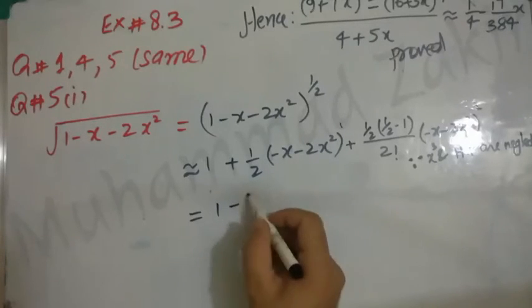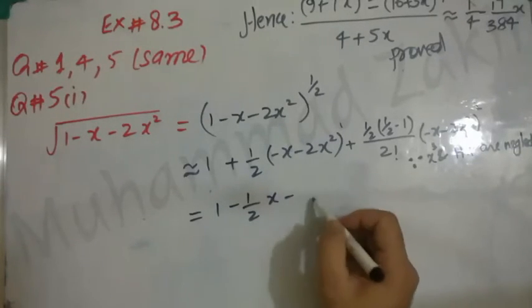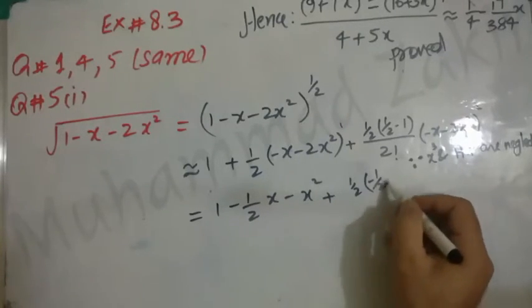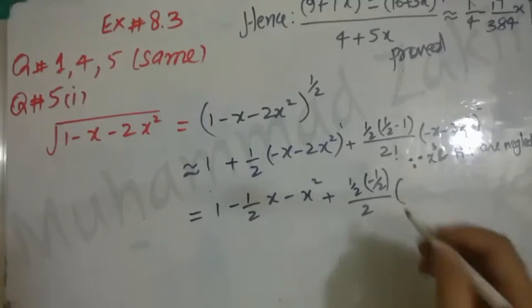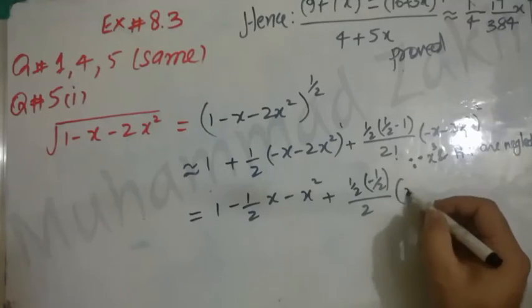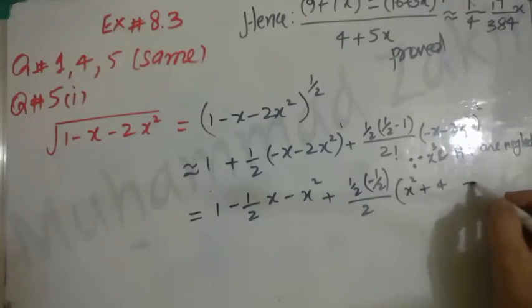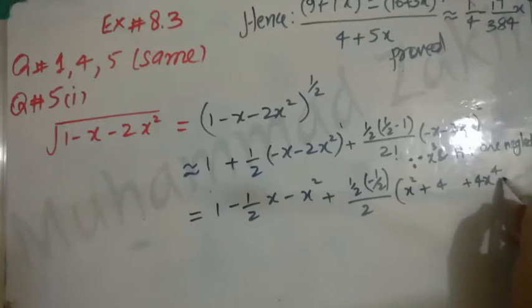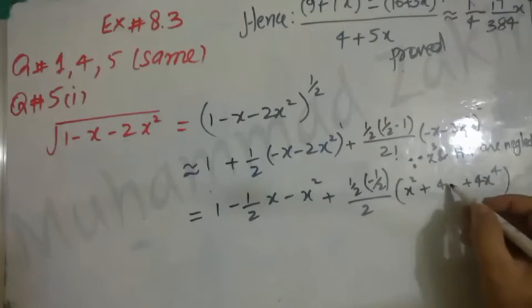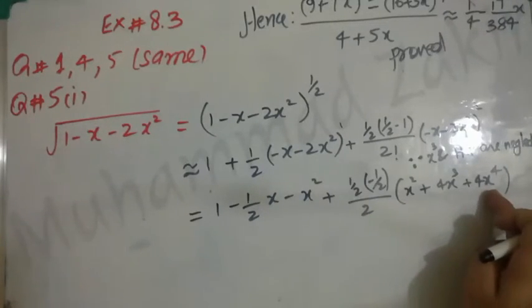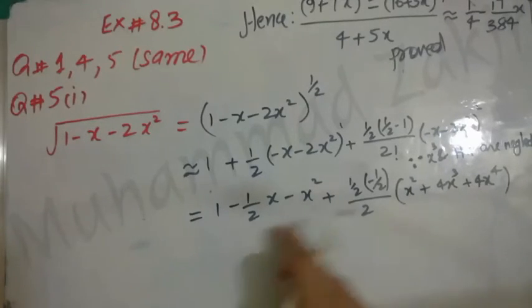It becomes minus 1 by 2x. 2 cancels 2, it becomes x square. Plus what is here? 1 by 2. This is minus 1 by 2. This is 2 and whole square, expanded as a plus b whole square: a square plus b square plus 2ab will make 4x cube, right? Now we will neglect this x power 4 and x cube from here and will write the rest